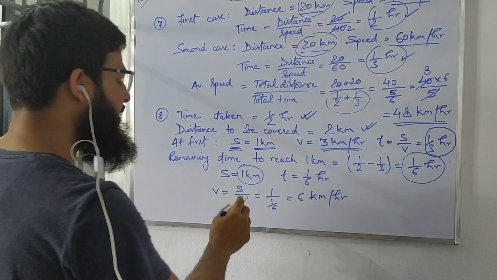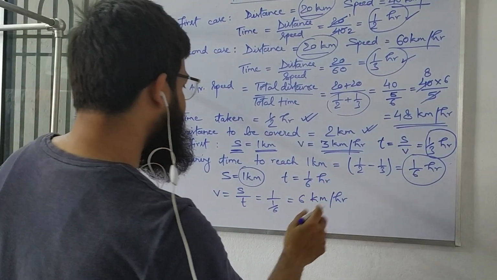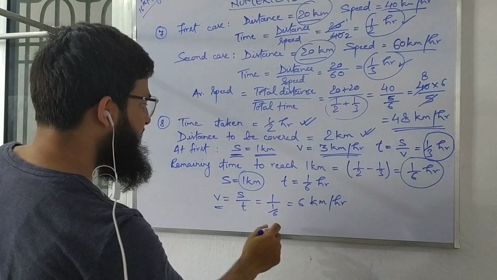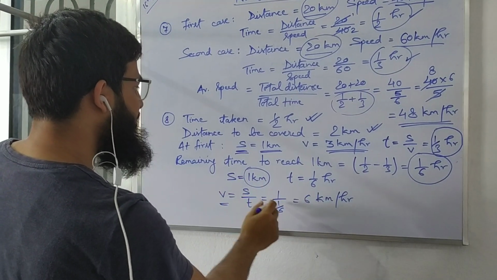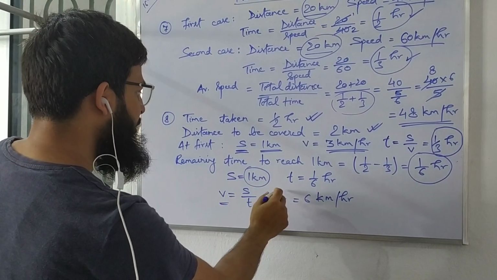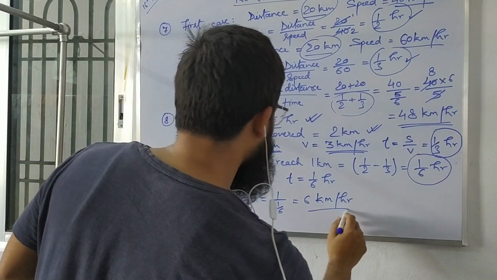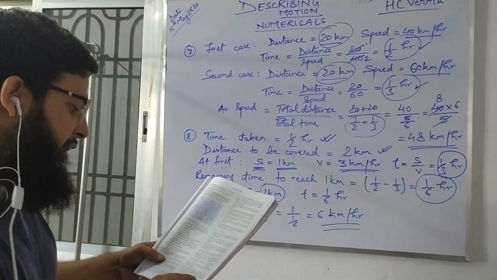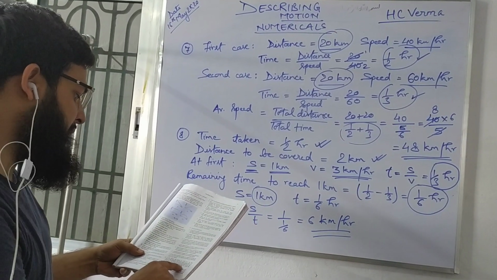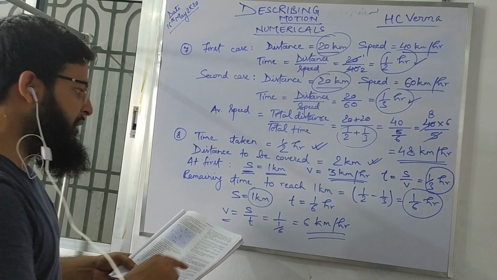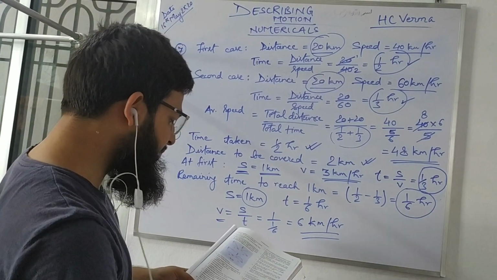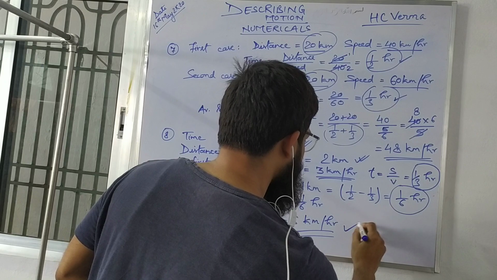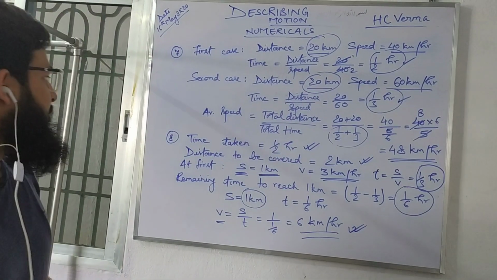So he has to cover 1 kilometer in 1 by 6 hours. So his velocity will be 1 by 1 by 6, that is distance by time. So it will become 6 km per hour. So the remaining, next what is mentioned here, what speed should he walk the second kilometer to reach just in time. सेकंड किलोमीटर कैसे कितना जिस स्पीड से जाएगा जो टाइम पे पहुंच जाएगा, सो दैट विल बी 6 किलोमीटर पर आवर। दैट्स इज क्वेश्चन नंबर 8।